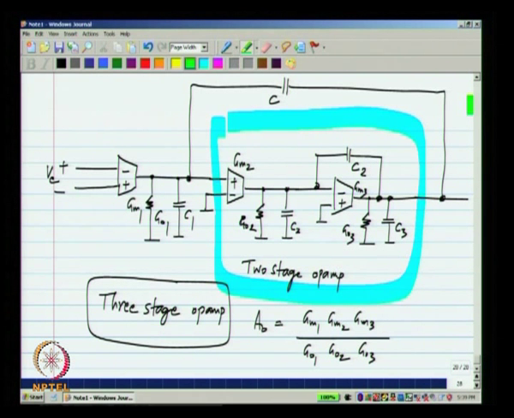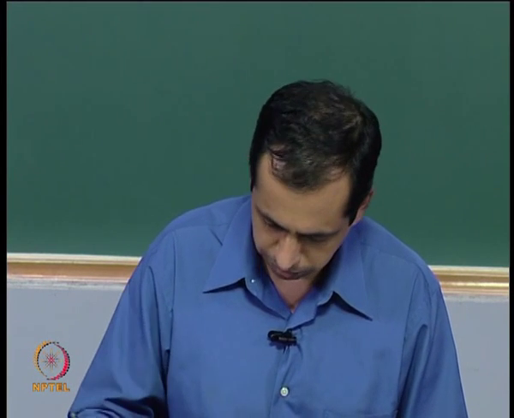Now, of course, you can write the node equations for this. There are 3 independent state variables in this case. Okay. I will call it VO, maybe V2 and V1, and you can write it down and analyze it, and such an analysis is necessary for the complete design, but the expressions will be so complicated that we will not have any insight from them. Okay. So, I will only intuitively derive some conditions. First of all, the unity gain frequency of the op amp that I am trying to realize is GM1 by C. Okay.